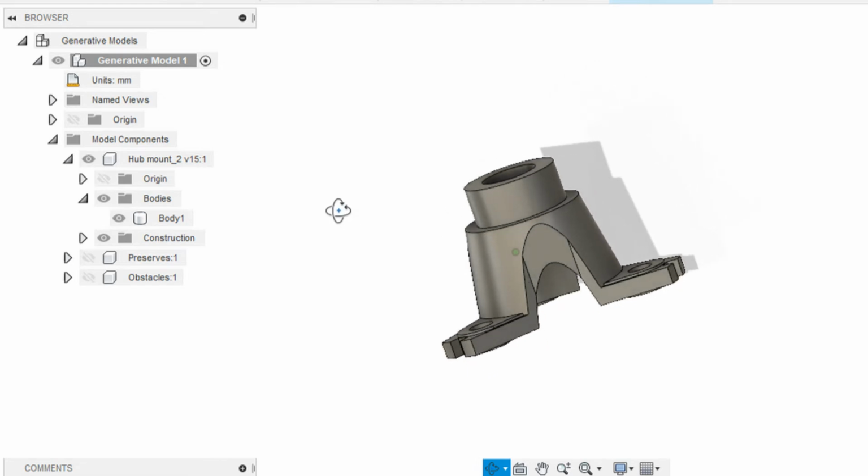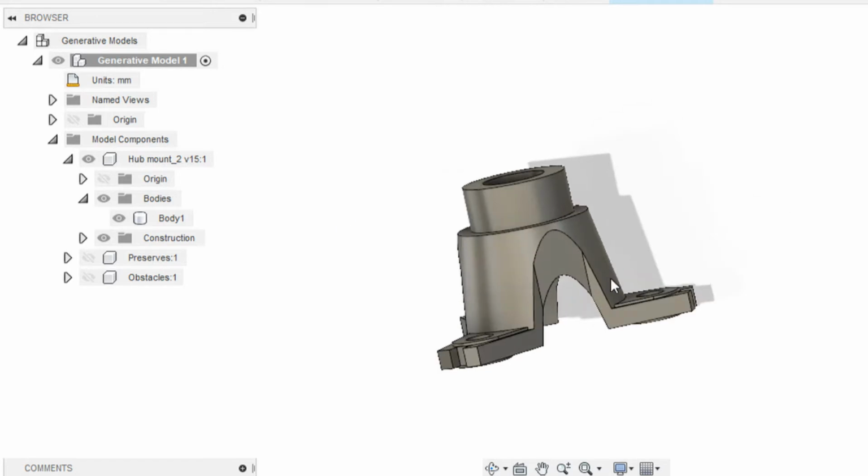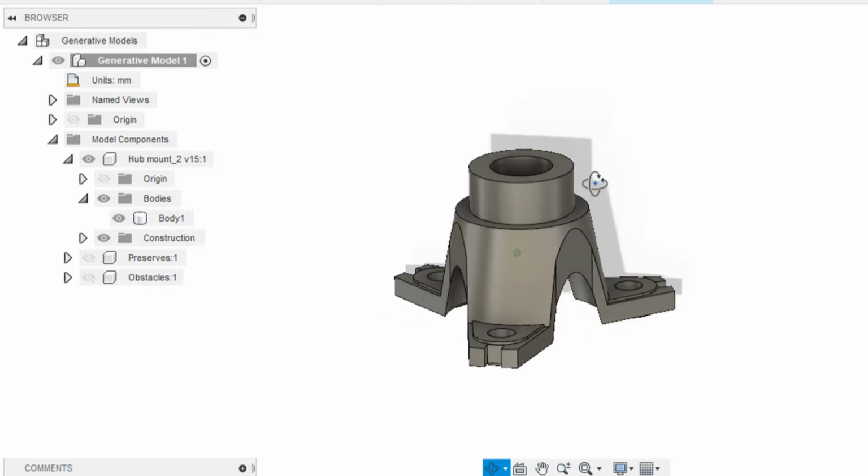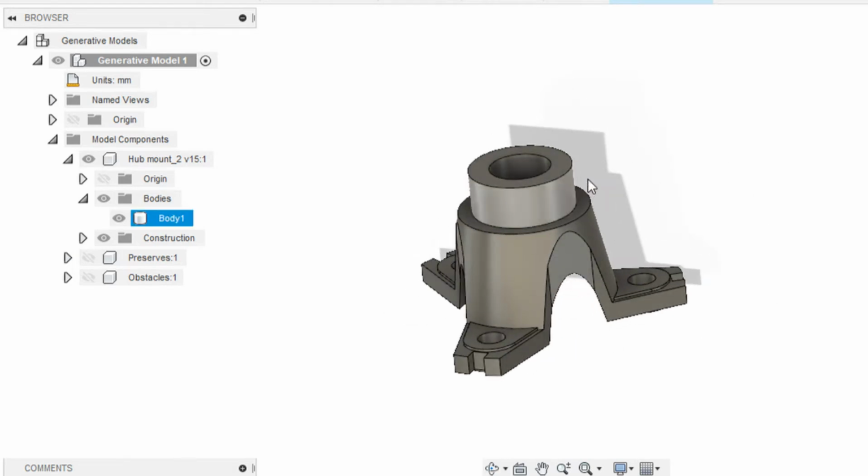I'm going to take a step ahead and define a starting shape. It will help generative design define the shape from the existing shape. Thus, I just want to separate this body from these 3 and the top. We cannot tell the software that the entire body can be the starting shape. We just have to split this body from the preserves. Because we have already defined the preserves from this body, we have to separate those bodies from this body.